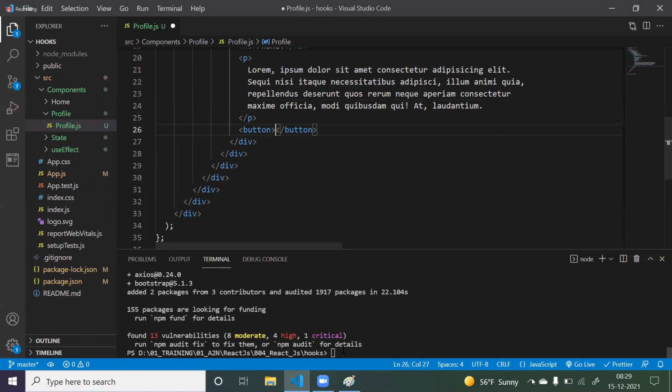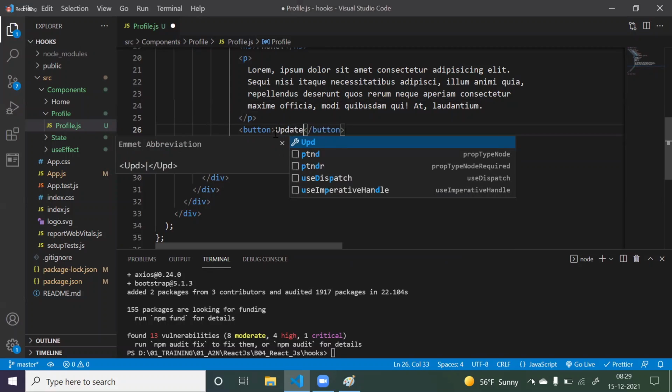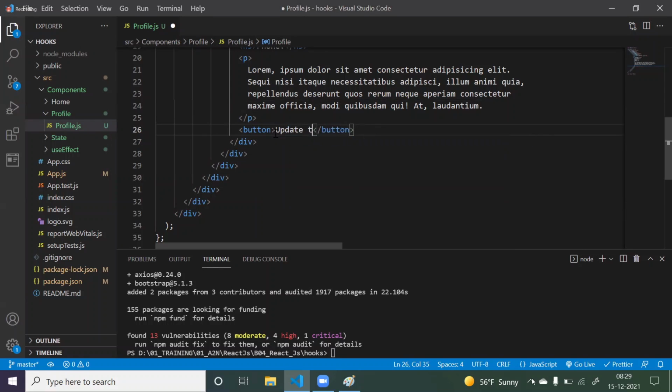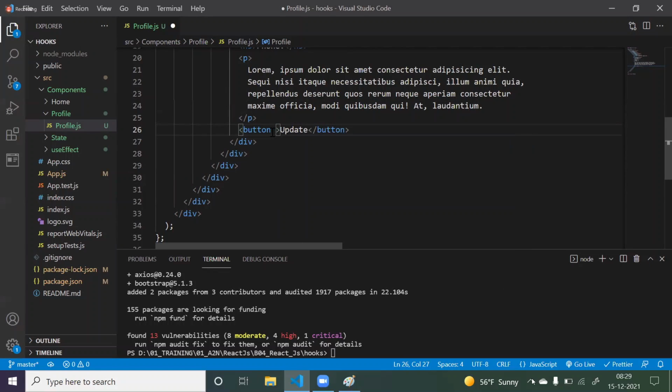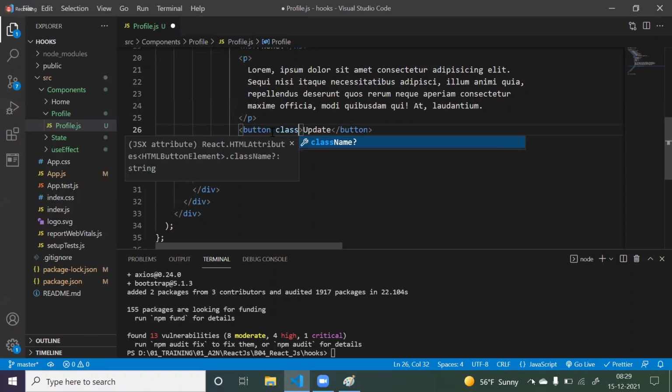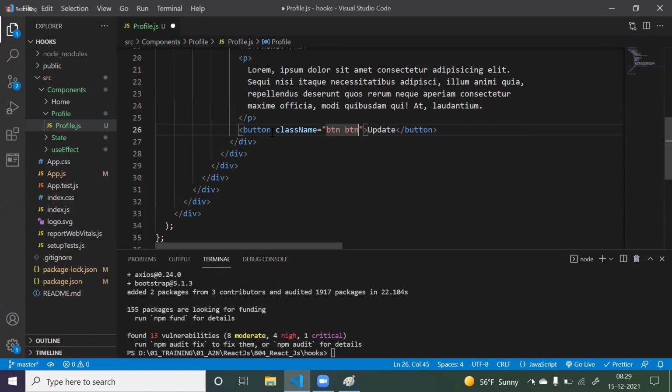Guys, be on mute. And one button, something called Update. Let me use some Bootstrap classes for this. className equals to btn, btn-outline-danger. Save it.